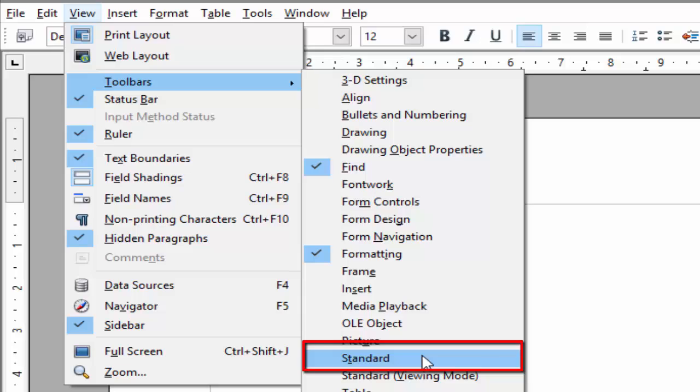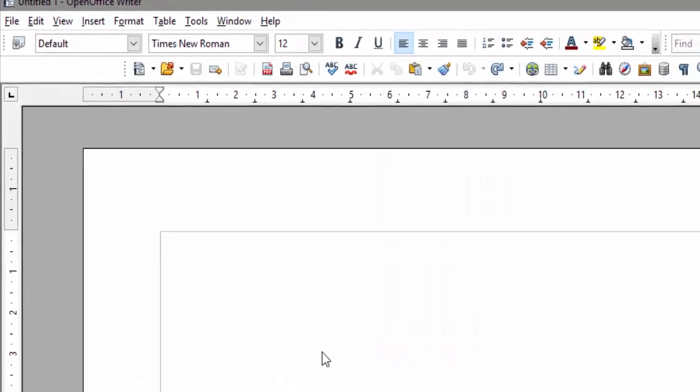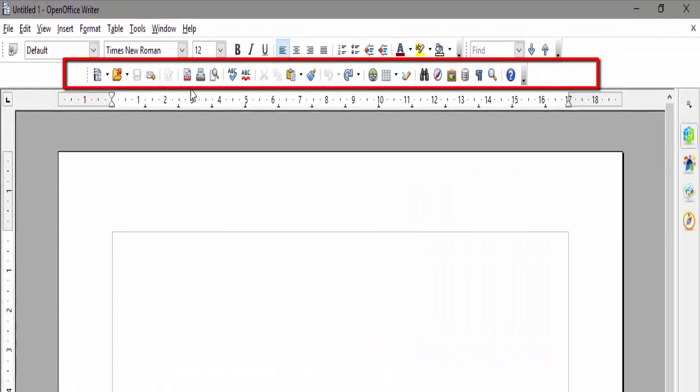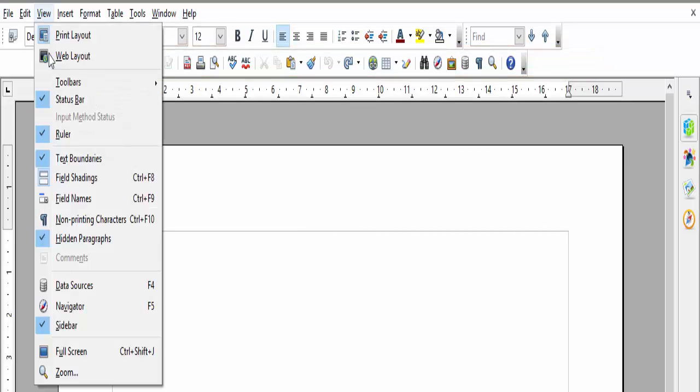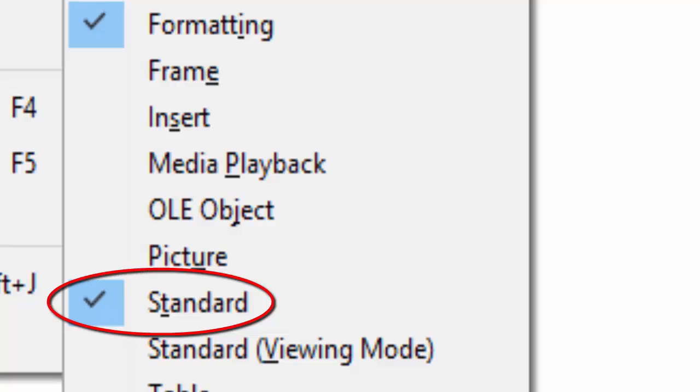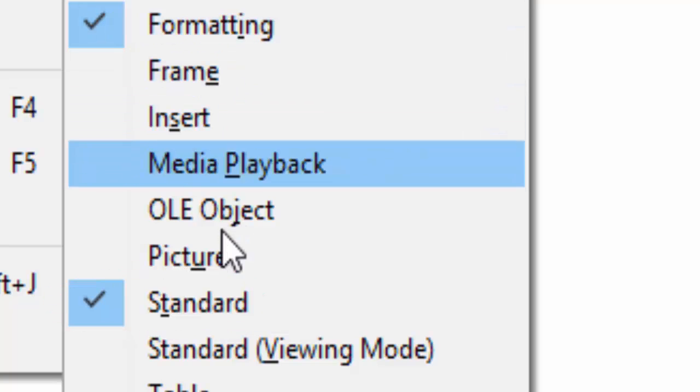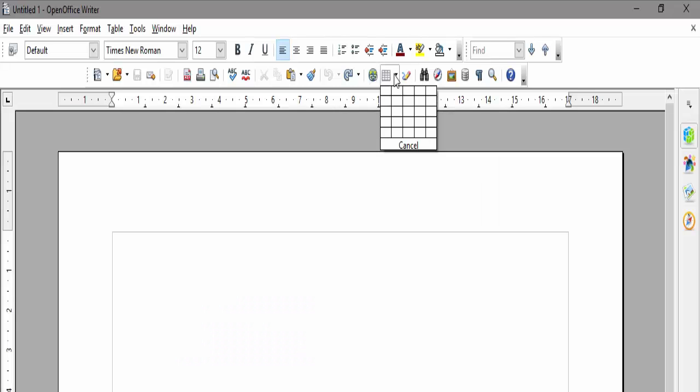If there is right check on the standard toolbar option, it means that it is visible. Once you make visible the standard toolbar, then you can choose table drop button by selecting the rows and column as per your need.